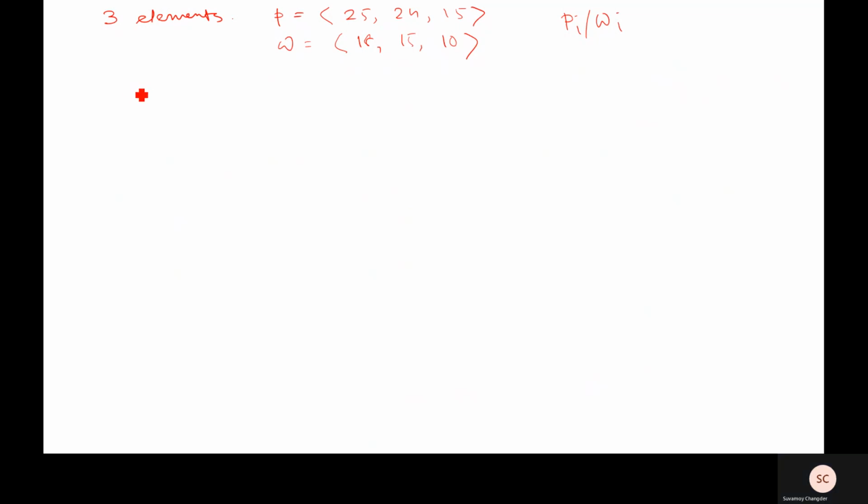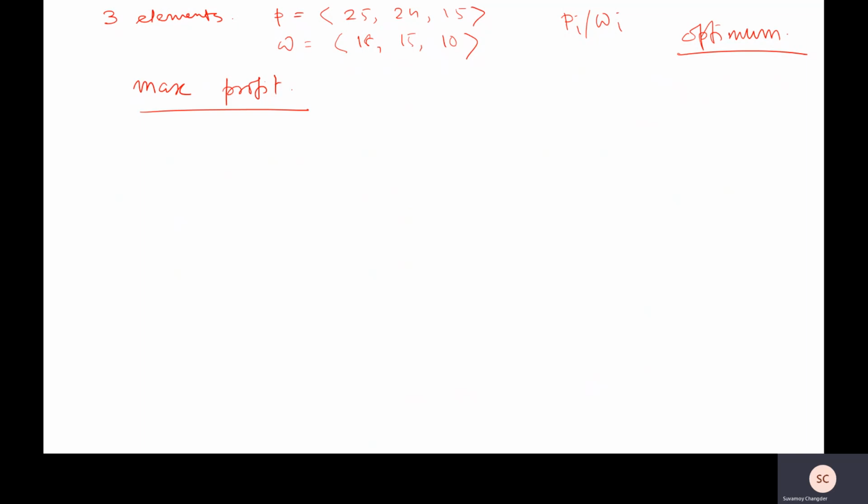One is we can select the element where the profit is maximum first. Before that, I think you have the idea of greedy algorithm. Greedy means we will always select the optimum solution first. In each and every step, the optimum solution will be selected. The idea is that if we select the optimum solution in each and every step, then the solution of the whole problem must be optimal.